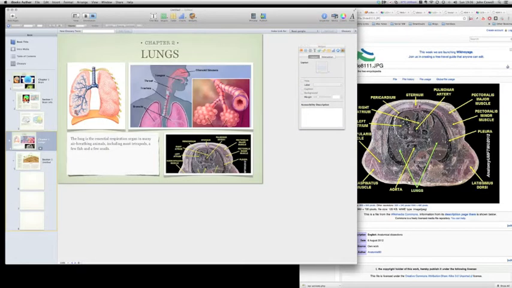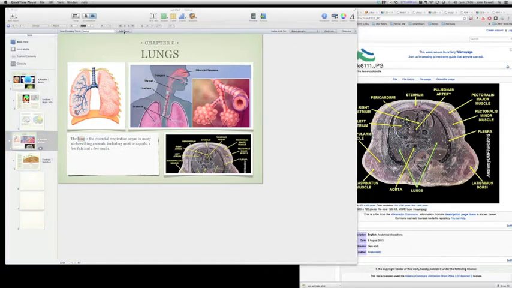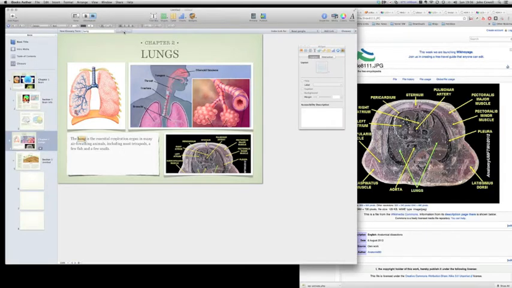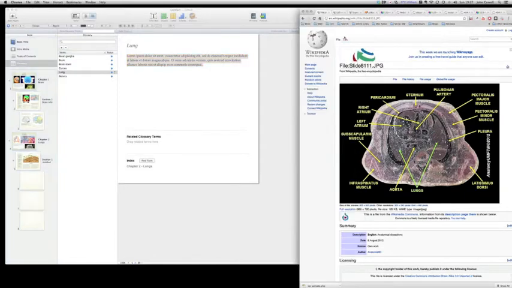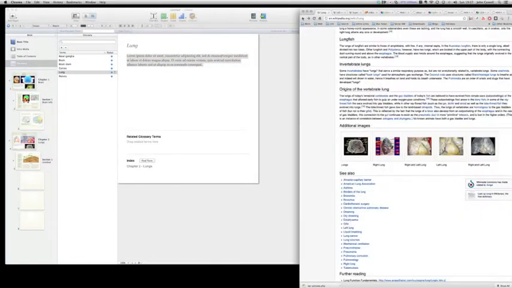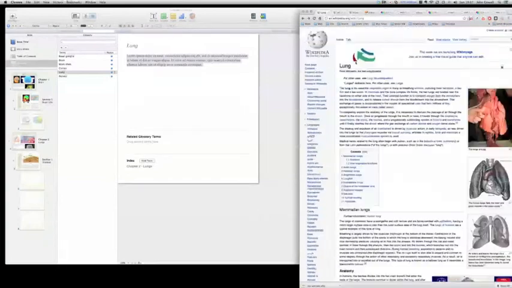We've just added a whole new section on lungs here. Let's look at a new phrase, this word lung. Let's add that to our glossary. So we're going to add the term up here, our glossary toolbar. It's now added, it's now a hot topic. I can jump to my glossary here, and I can put a title in for what a lung is. So I'll go over here again, go back to our Wikipedia page, and grab the phrase what a lung is. Let's grab all this here, and we'll drop this